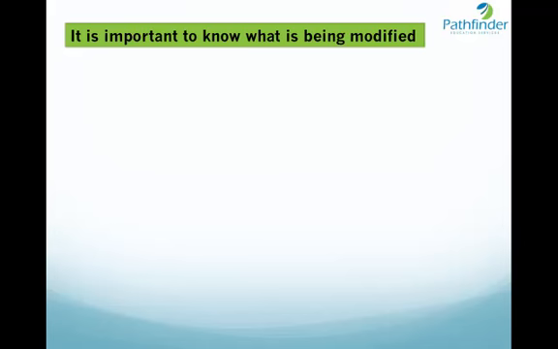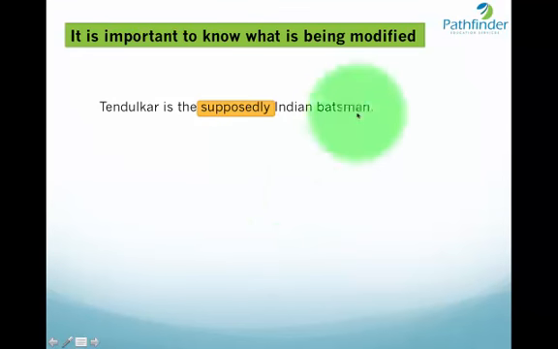It is important to know what is being modified. For example, Tendulkar is supposedly Indian batsman. So supposedly is an adverb, and therefore it cannot provide more information about the word batsman, which is a noun. But it can definitely provide more information about the adjective Indian. So Tendulkar is the supposedly Indian batsman, which implies that